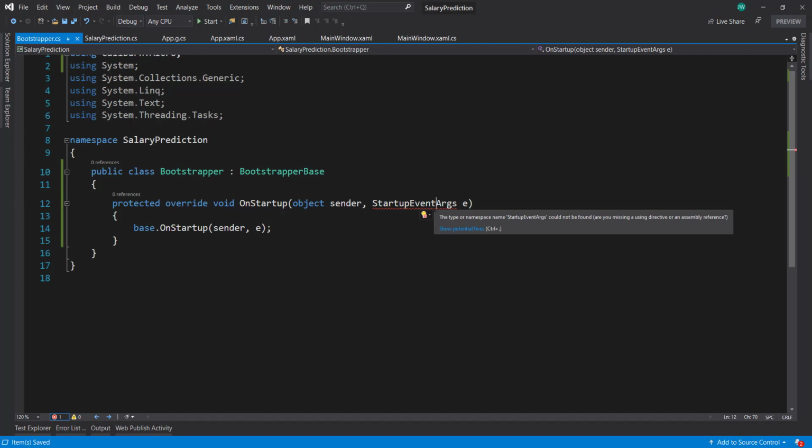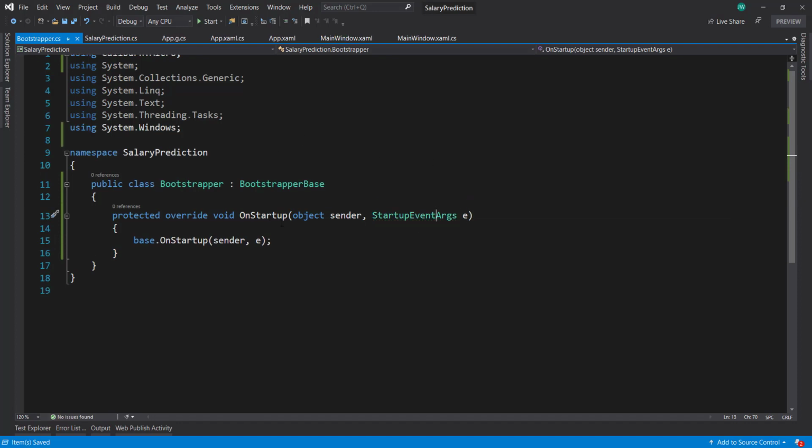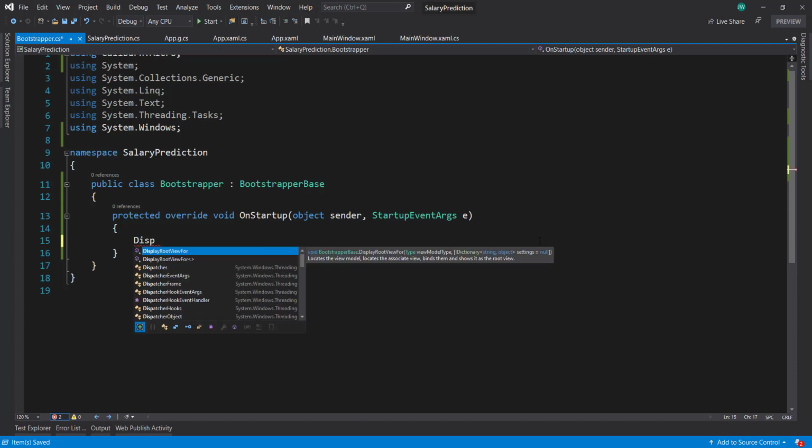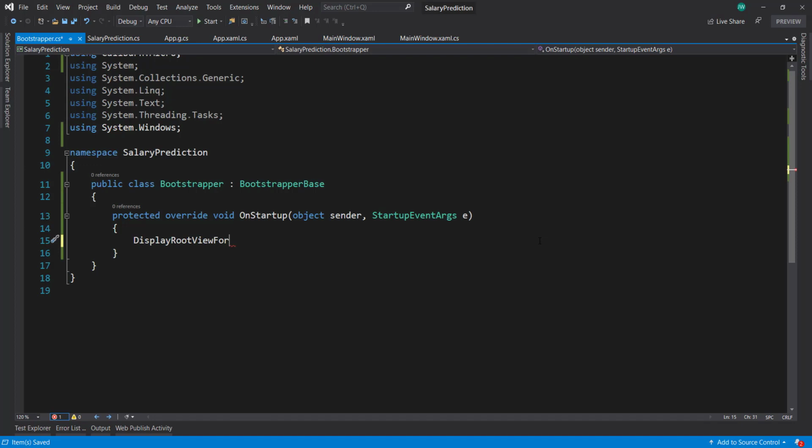Now bring in these StartupEventArgs. And for our OnStartup that we're going to override, we're going to say DisplayRootViewFor. And in here, I need to give it a view model as the type. So I'm going to say StartupViewModel. And let's create